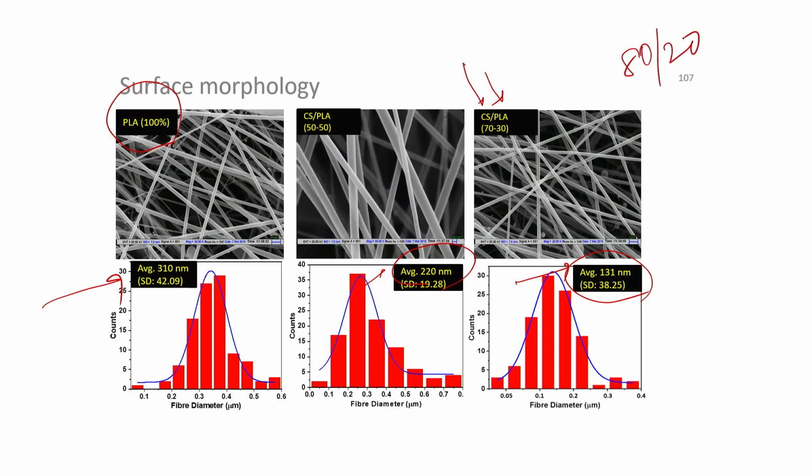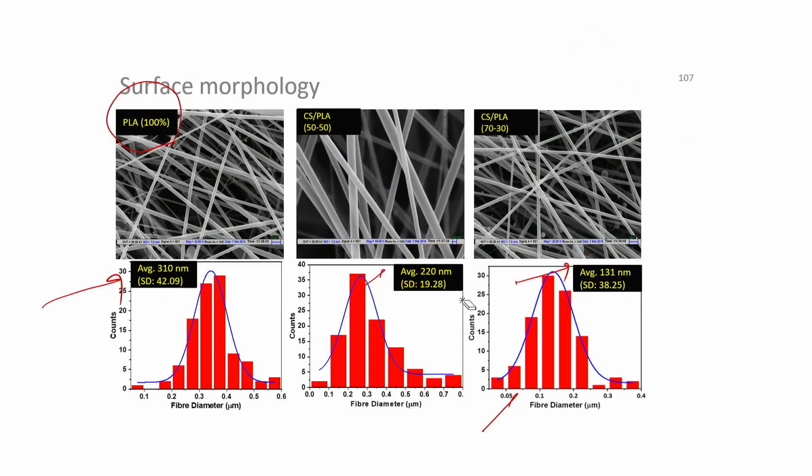80-20 chitosan and PLA, because what we found is that if the chitosan proportion is increased to 80%, the spinability is dropped. Okay. So, that is why